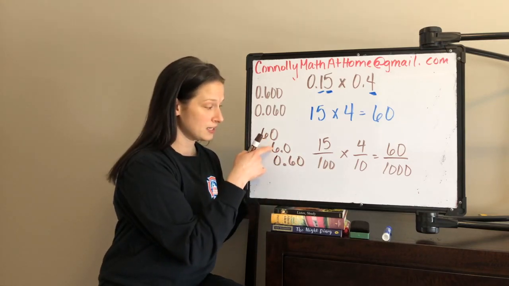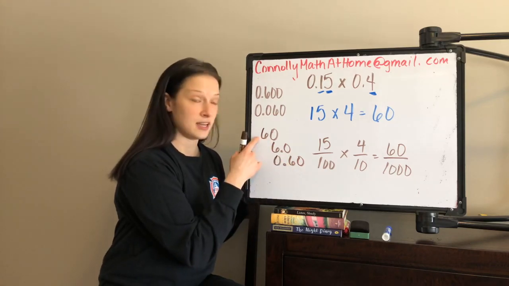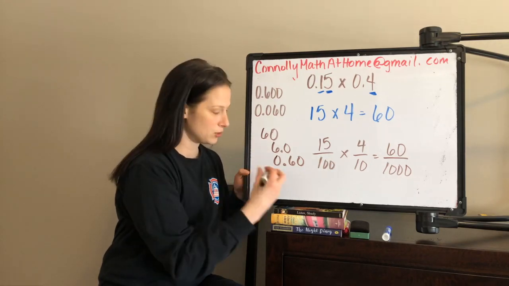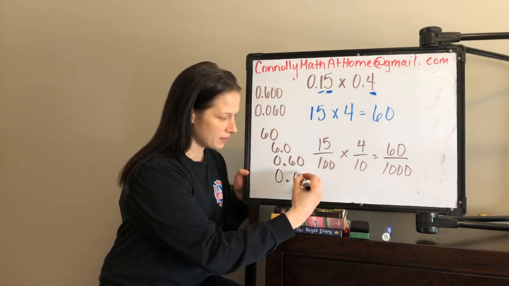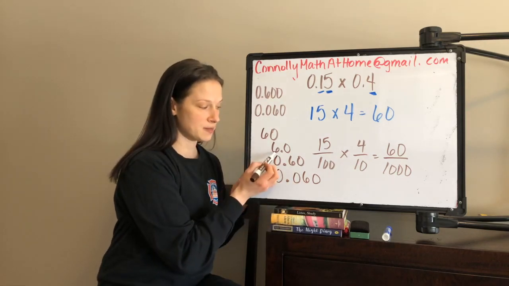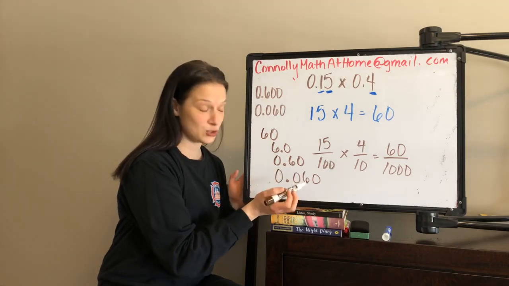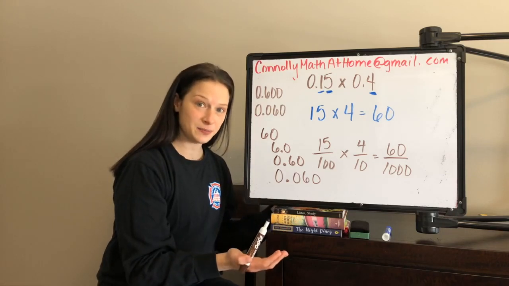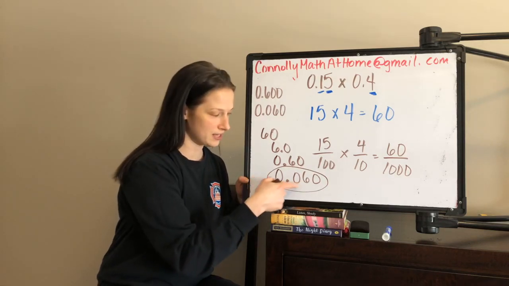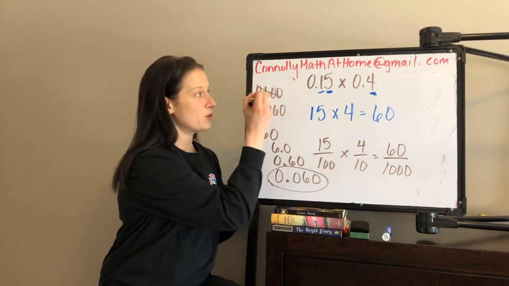So from 60 to 60 hundredths, it's gotten 100 times smaller. To make it 1,000 times smaller, I need to make it 10 times smaller again. So I'm going to have the digits shift one place value to the right again, and we see that it got 10 times smaller, 100 times smaller, 1,000 times smaller. So what is the correct answer? We have 0 and 60 thousandths, which is equivalent to what you've written here,